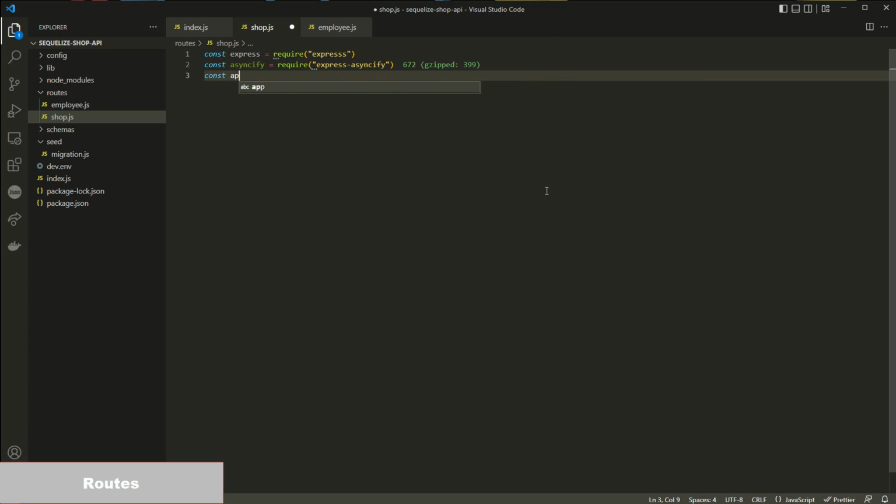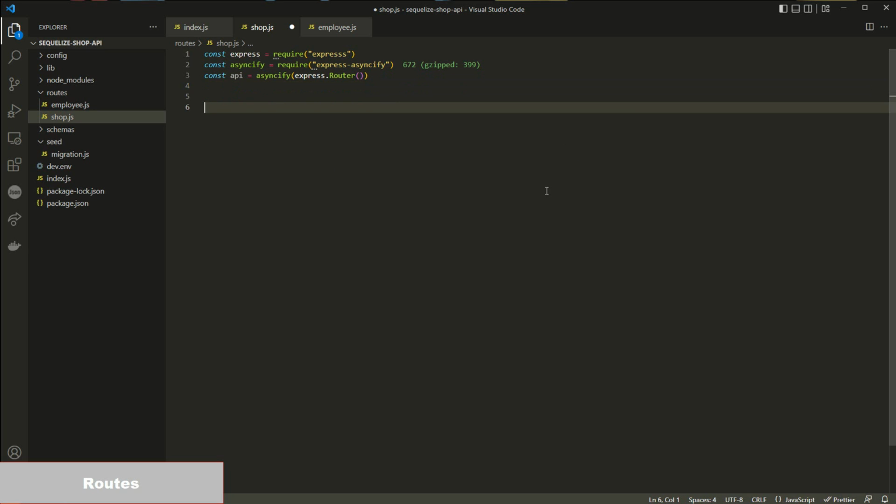Const api equal to express.Router. What else? Maybe the keys, but first api.use